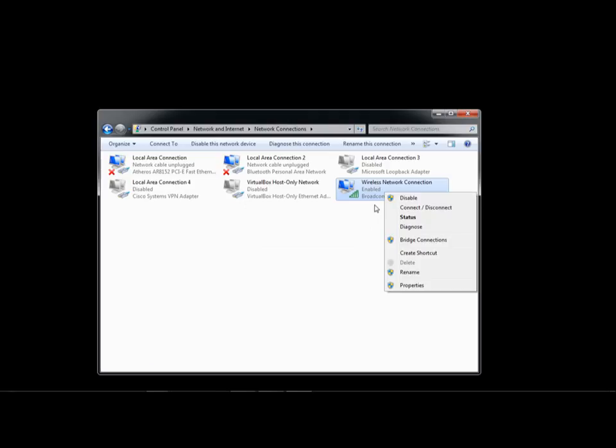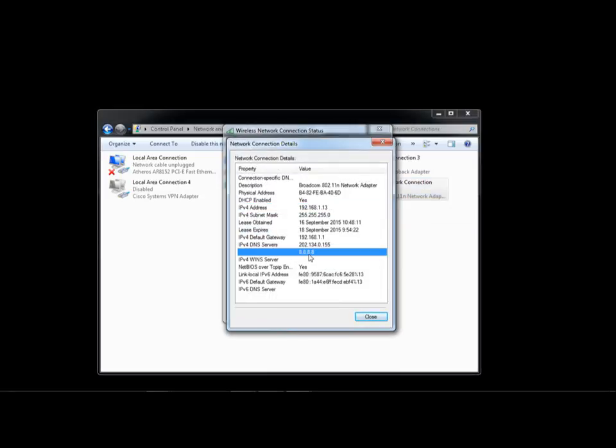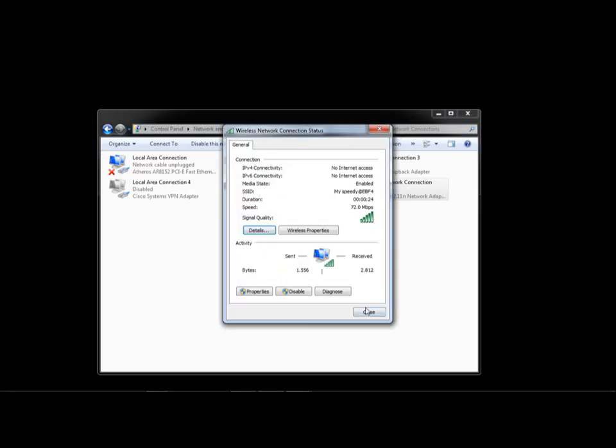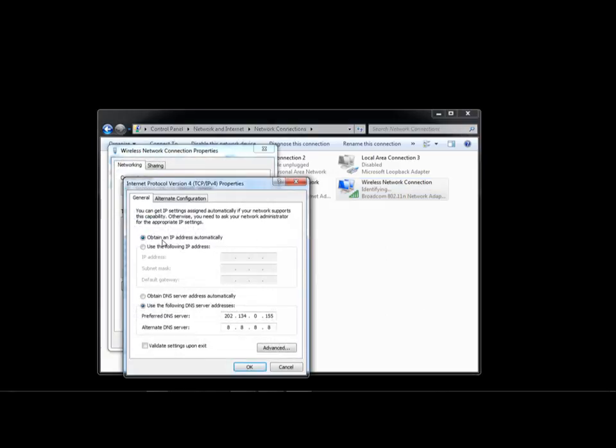And now it's enabled. Right click on your wireless network connection, or wireless adapter, and click status and click details. You must click the radio button here: obtain an IP address automatically from any host behind your router.